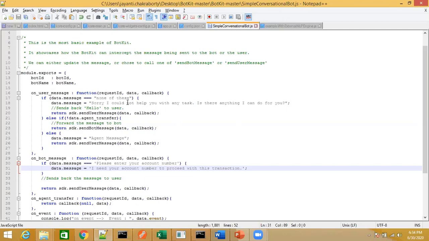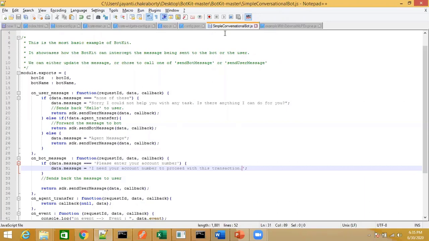No need to bother the bot because the bot has not been trained to handle this. So here I just want to display a message to the user that sorry, I couldn't help you with anything. I'm doing that from the BotKit layer itself, and you can see over here I've handled it. I'll be showing you some other alternative codes also, but this is the first use case that I have.